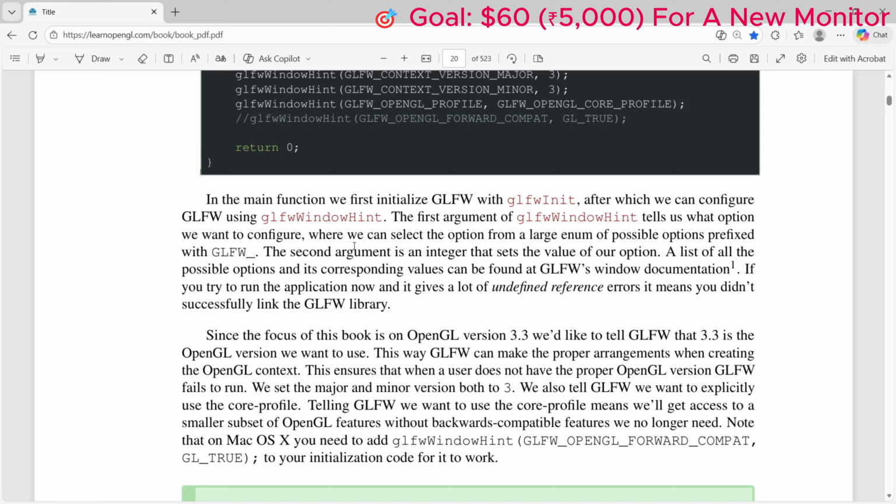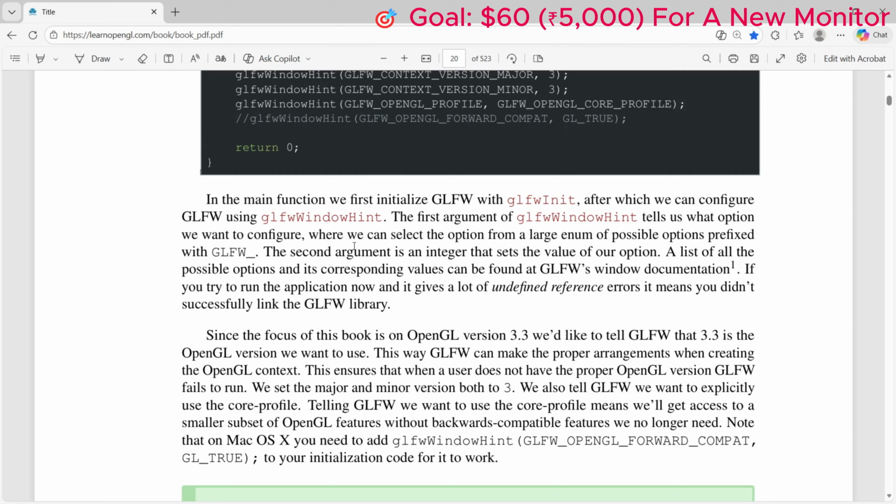The second argument is an integer that sets the value of our option. A list of all the possible options and their corresponding values can be found in the GLFW window documentation. If you try to run the application now and it gives a lot of undefined reference